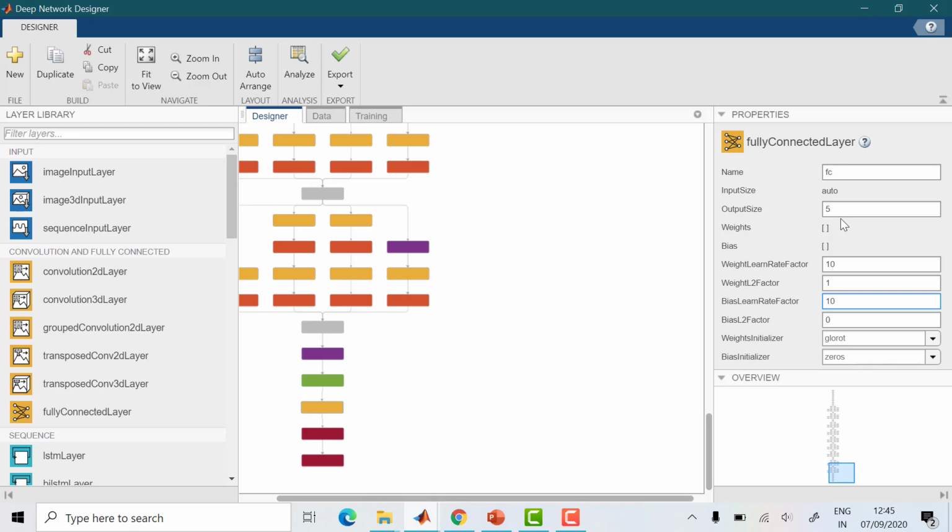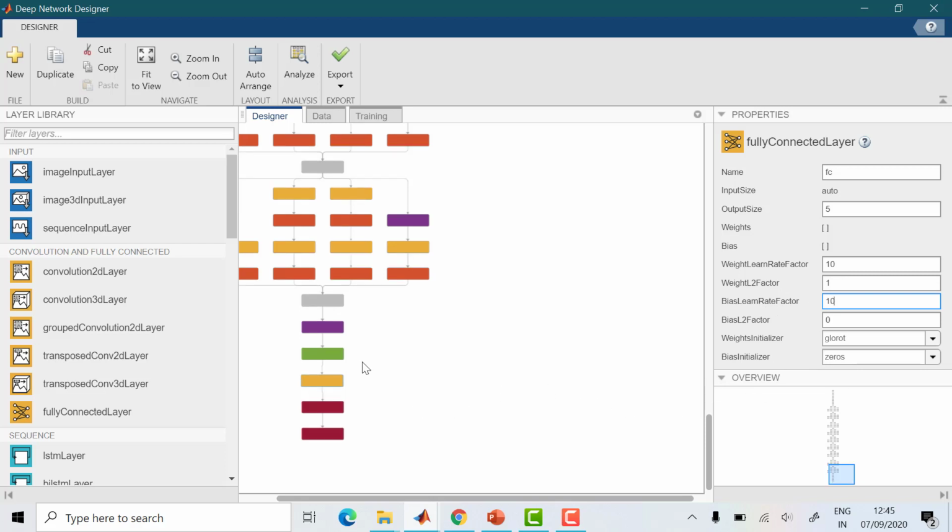We are making the output size 5 because we have 5 different images, right? Merck data, we have cap, cards, dice, and torch. So we have only 5 different classes. If you have 10 different images, then you have to put 10 here. Usually we keep the weight learning rate factor at 10 and the bias learning factor at 10.